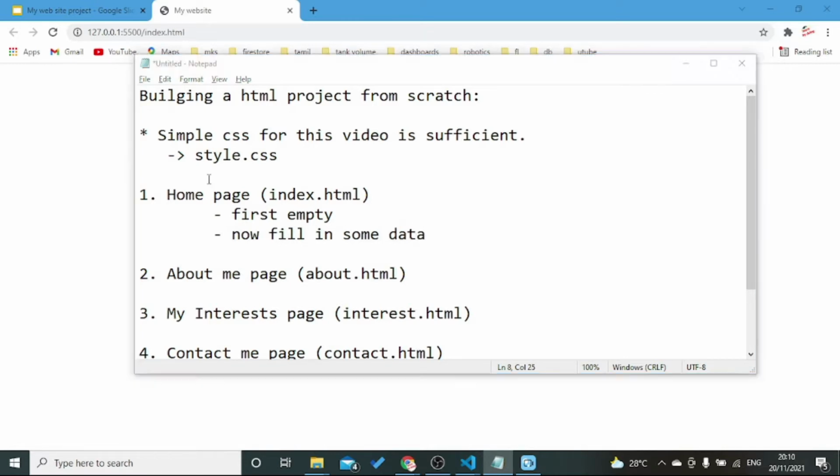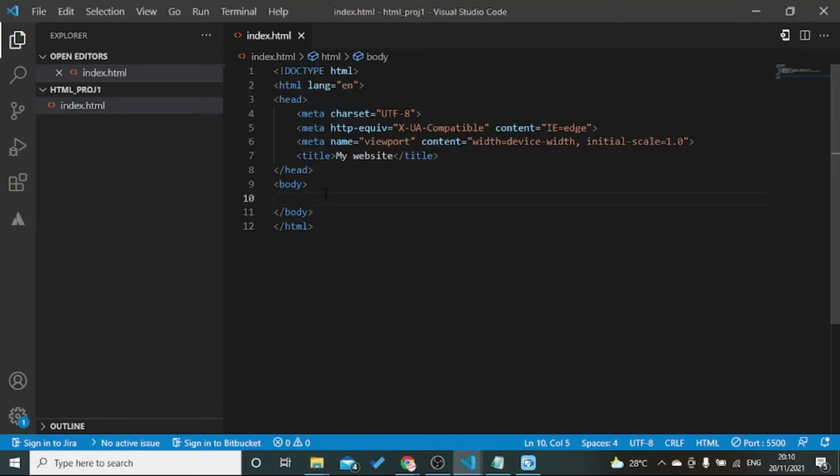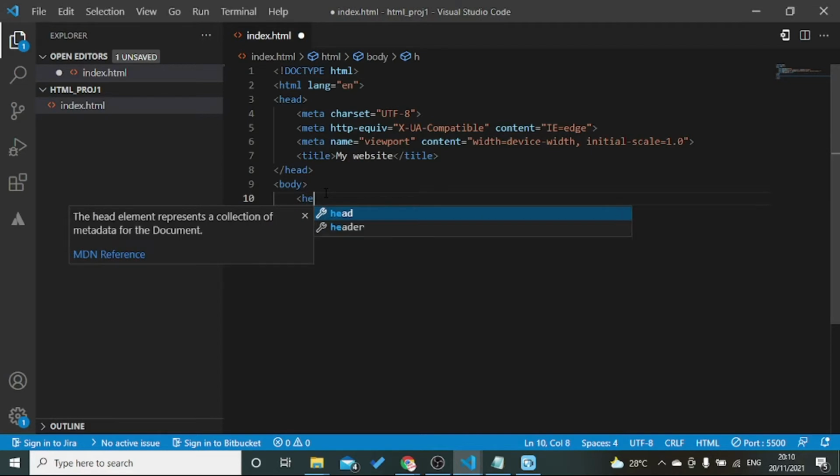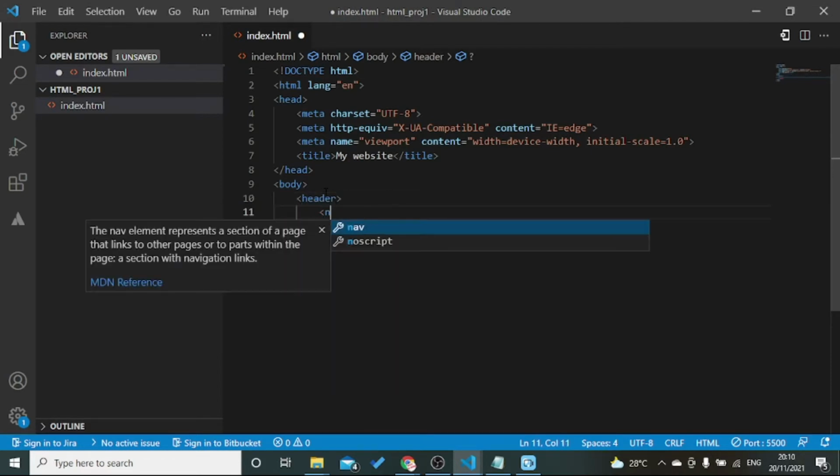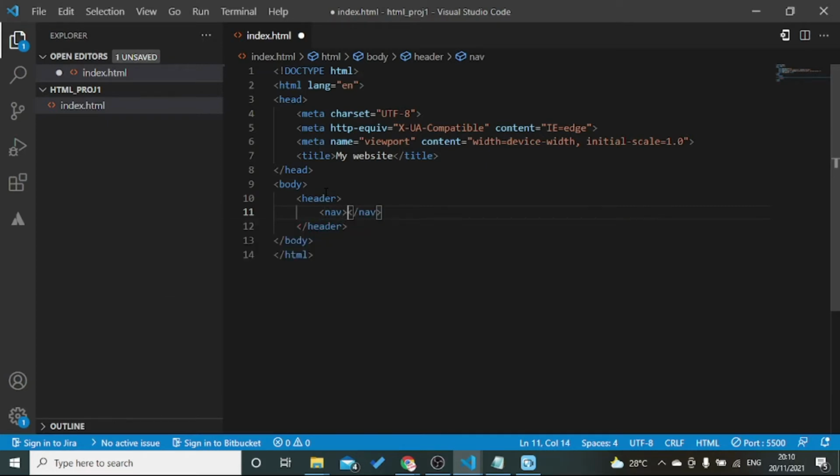Now fill in some data. So we're going to create the header, and then nav is for navigation.